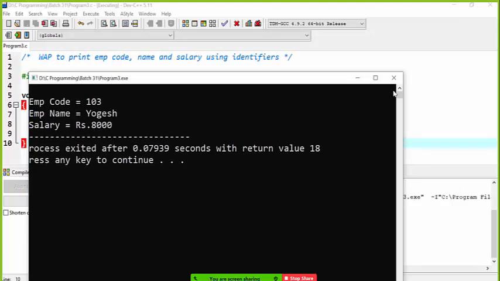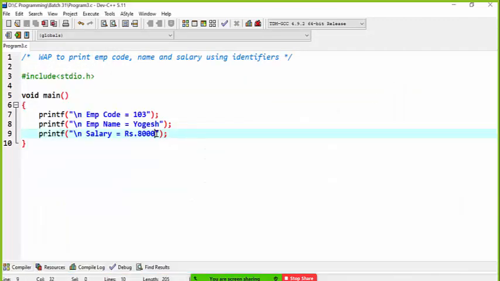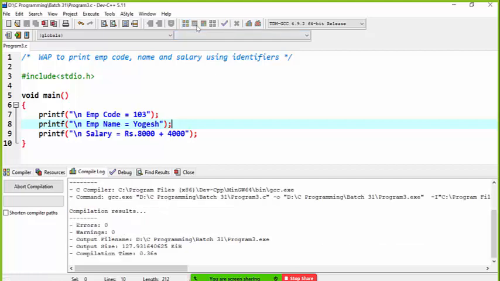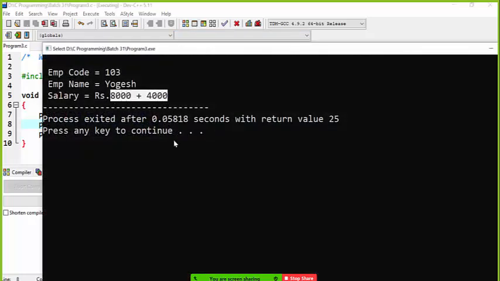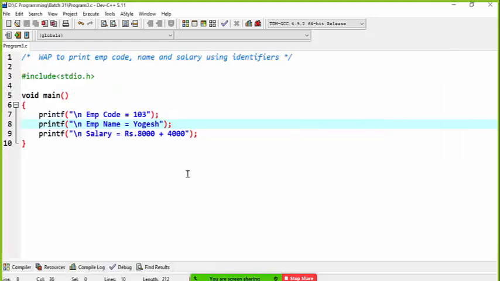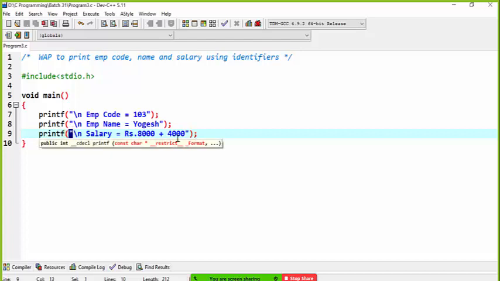So I want to perform some mathematical operations. Let's say for this salary, I make 8,000 plus 4,000. I just want to see the addition of 8,000 plus 4,000. If I run this code again, you can see it shows as it is. It does not make any calculation. Why? Because this is inside the double quotes, and double quotes mean text, a string, and to make any addition or subtraction you need to separate this part from the labeling of your print function. So you cut that part, and after it you keep it as a second parameter.